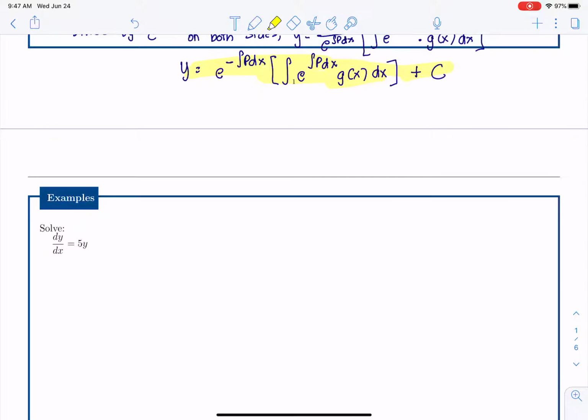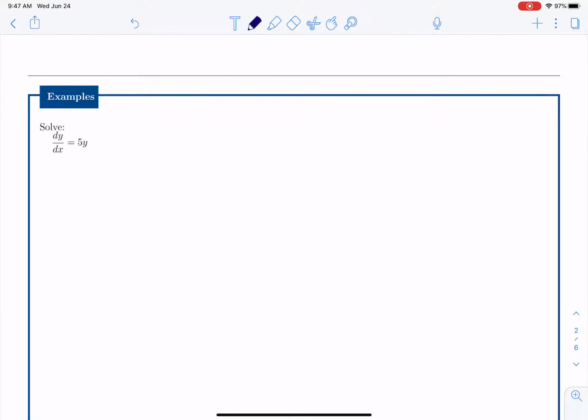So let's look at the first problem here, and I am going to do this in two different ways. If you look at the equation dy over dx equals 5y, that seems to be a straightforward separable equation. Now, we don't want to use the approach that we are employing here for a separable equation, because this method is a bit more complicated than simply using the technique of separable equations. So if I use the separable equation method,